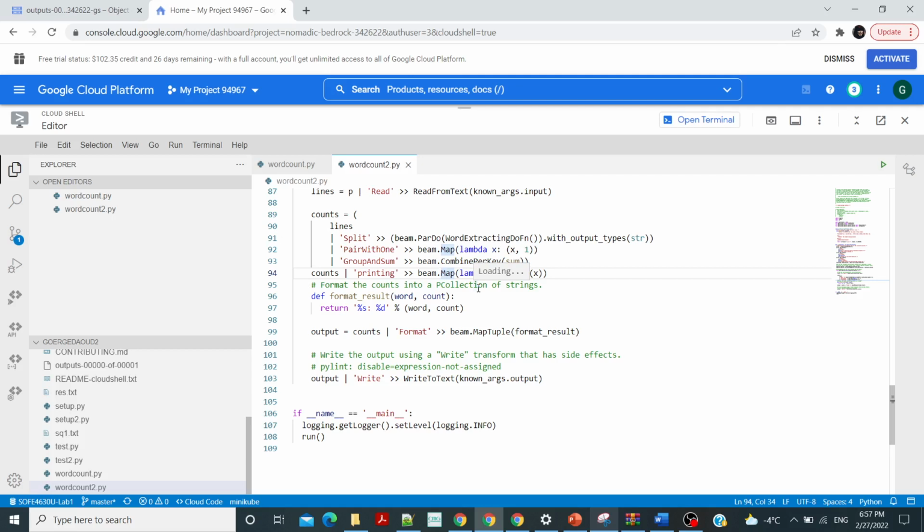So if you are running it over the cloud, you cannot see what is printed. You can only see the output stored in a file, but you cannot see the printing output. So this is a good technique if you want to debug your code locally. Now let's delete it and let's add